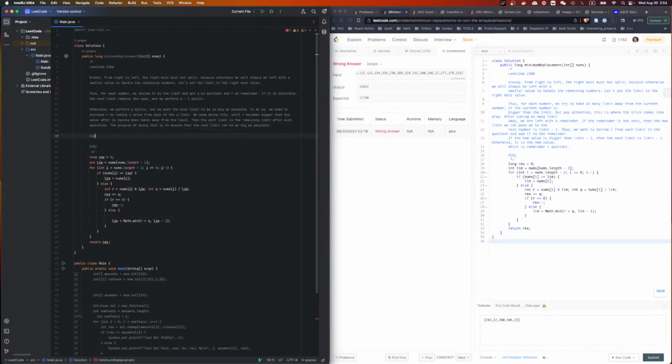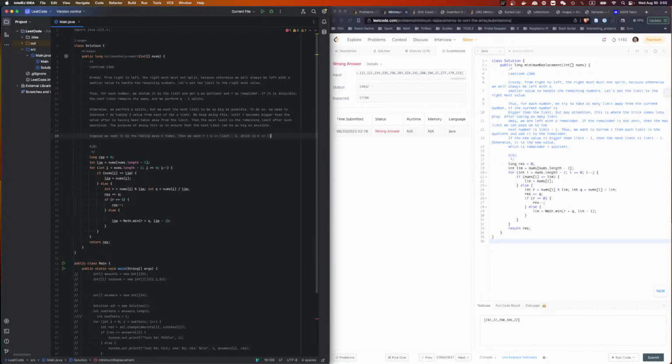Suppose we need to do the taking away k times, then we want r plus k to be larger or equal to limit minus k,